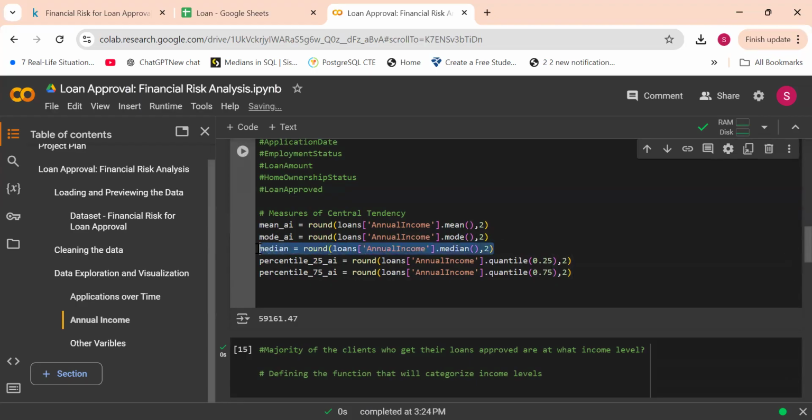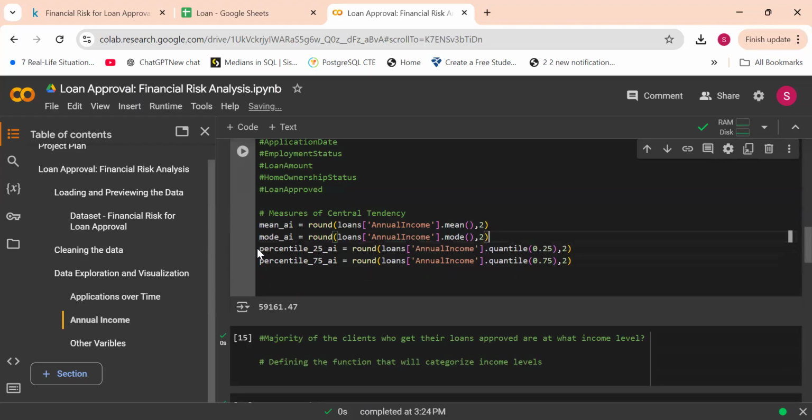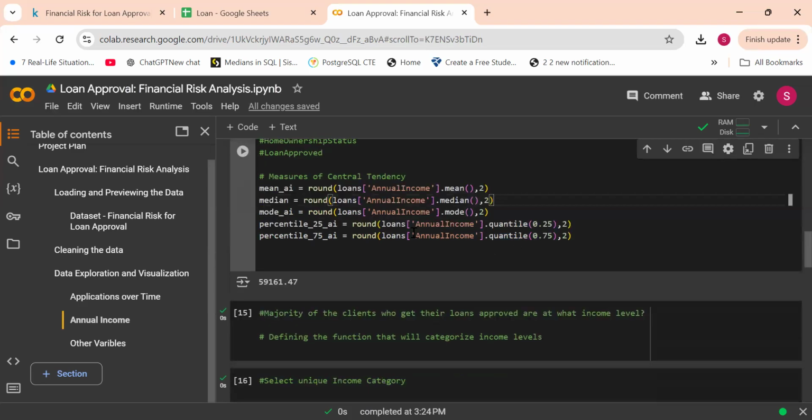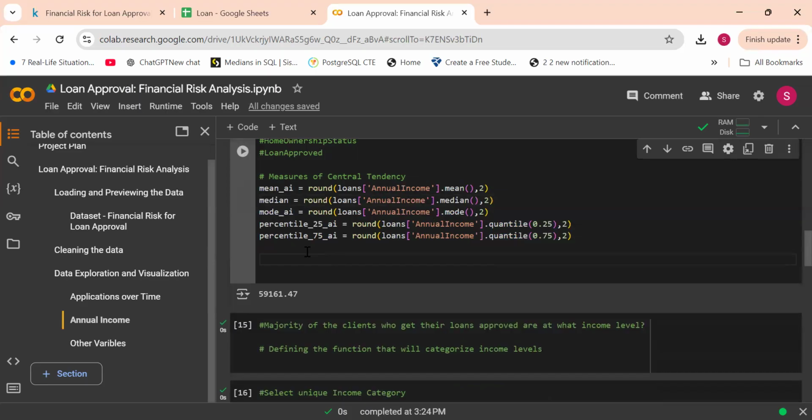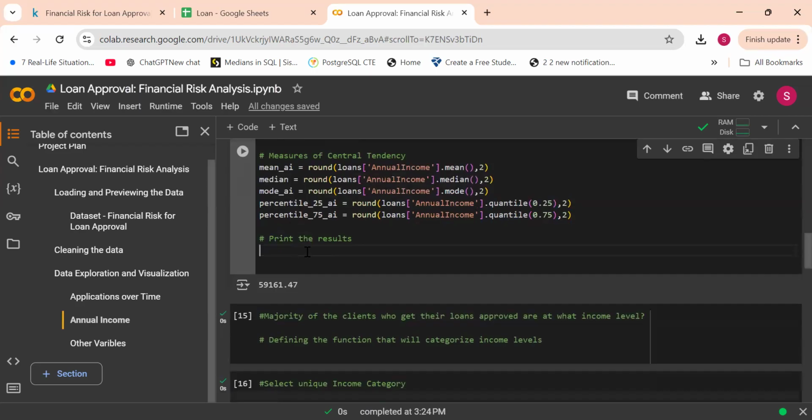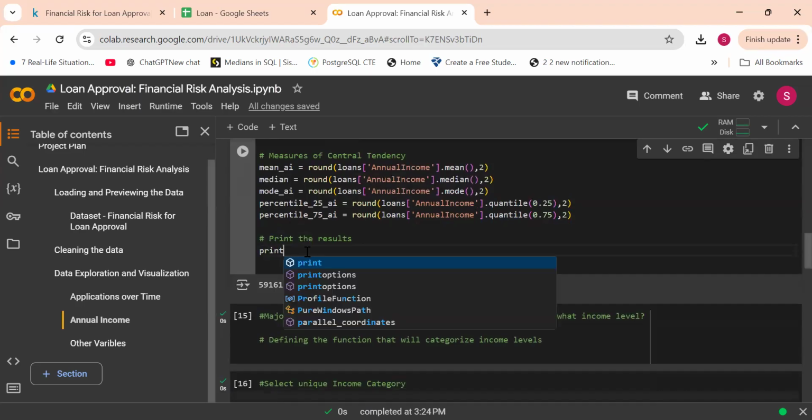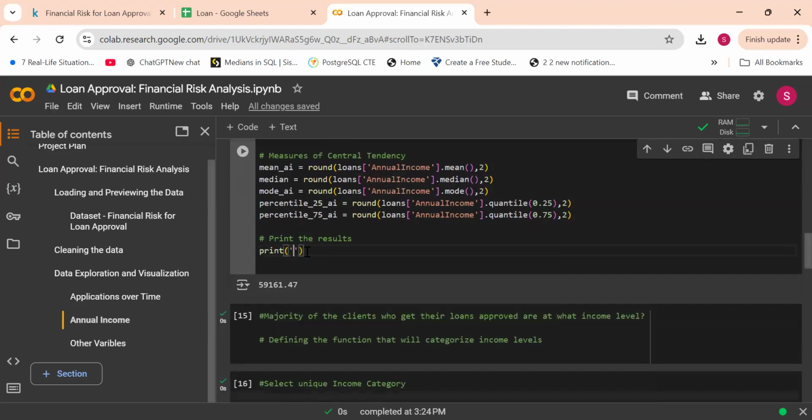So I actually want this median here, because it will be easier. So now we want to print the results. Okay, so we do print, and then mean is equals to, so